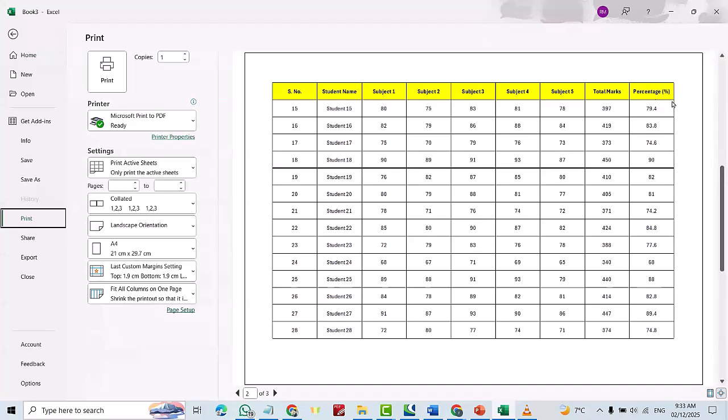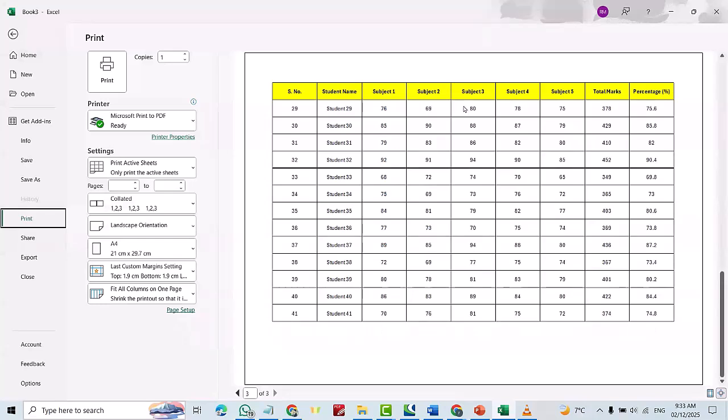In the second page, I also made the Excel sheet repeat the titles, and also repeat the title for the third page. If you want to learn to print perfectly, stick to the end. Now let's start.